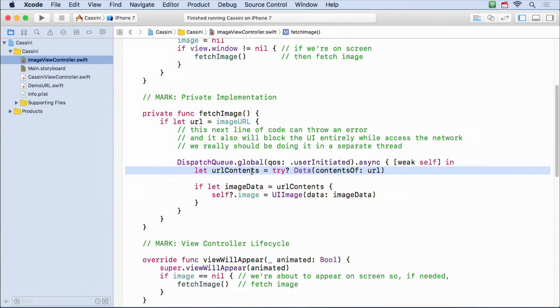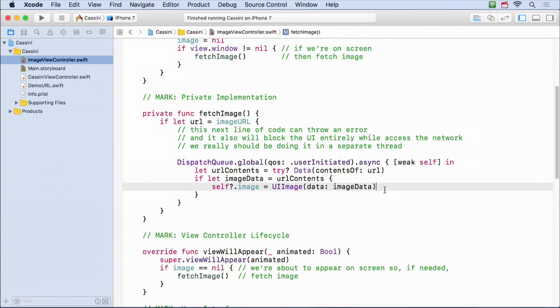The only way it can stop is if it quits itself. So it could be looking at some global state to see if it's still relevant, and if it sees, oh, I'm not relevant anymore, it could return. So if it was doing some long-running thing, it could do that. Or you can use something like NSURLSession, which is really smart about going and getting URLs, and it knows how to be interrupted and all the things like that. So you could use something a little smarter than just this one line of code. But once this goes on the queue, it's going to run. So it's up to it to decide not to run.